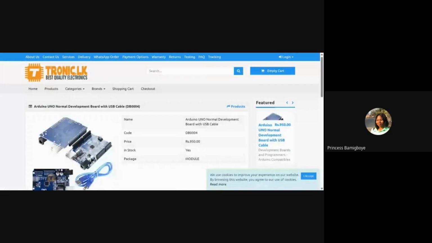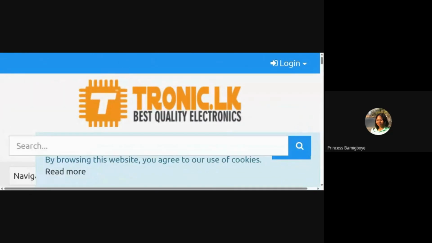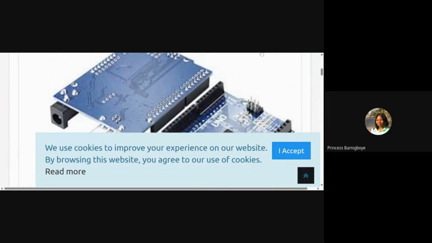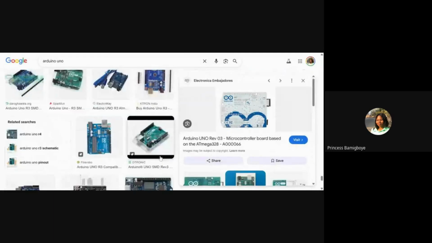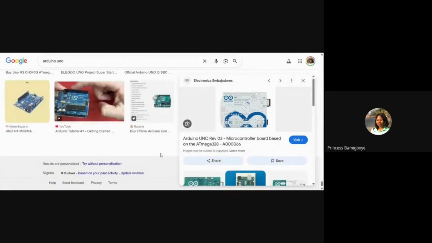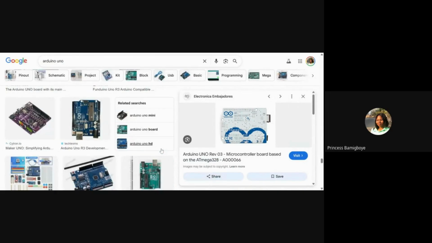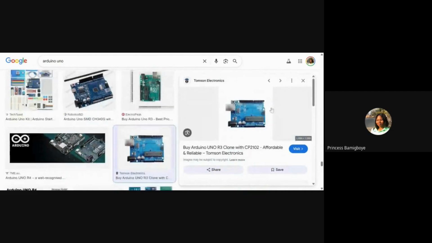Okay, let me try to zoom in. Oh, this does not give the best quality. There was a photo that had this, but oh well. Okay, let's look at this.